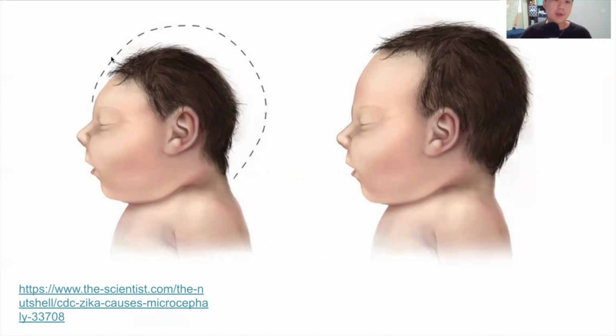So here's just a comparison of a baby who has microcephaly and a child who was born healthy. Now, of course, the physical appearance, the head shape, is not the greatest concern.